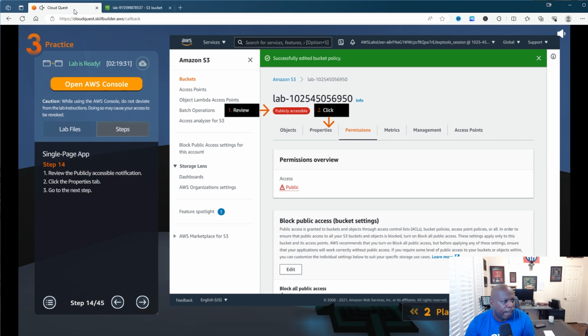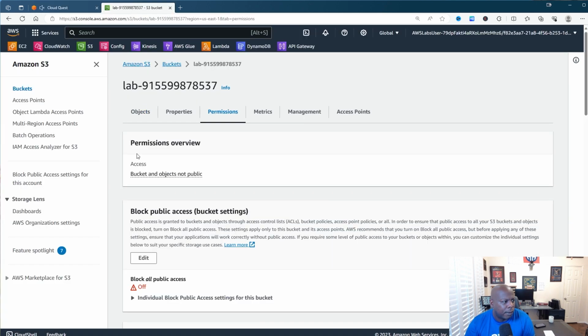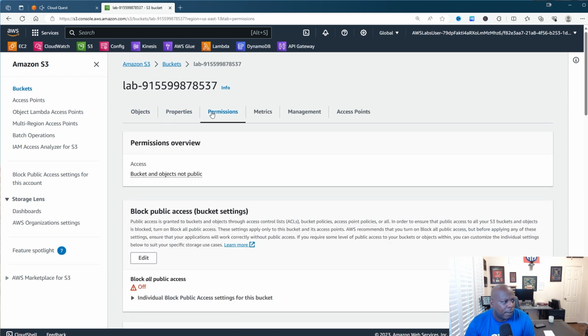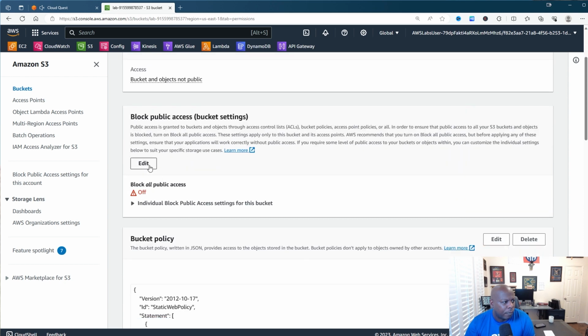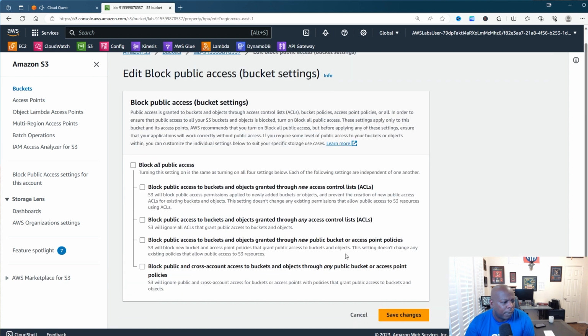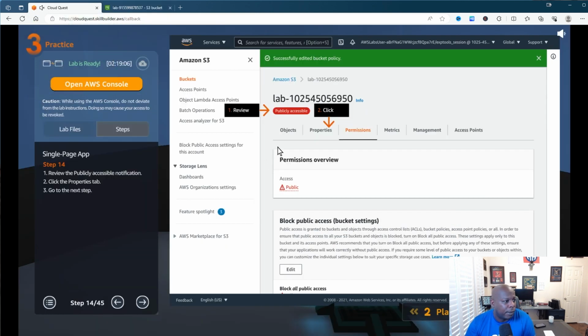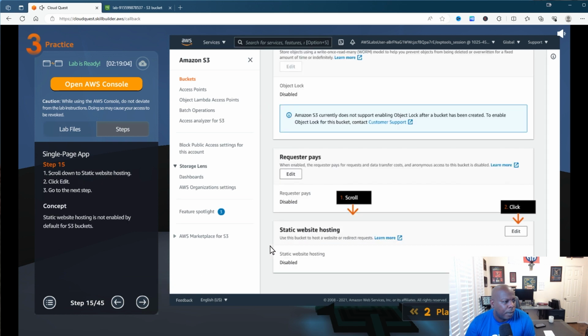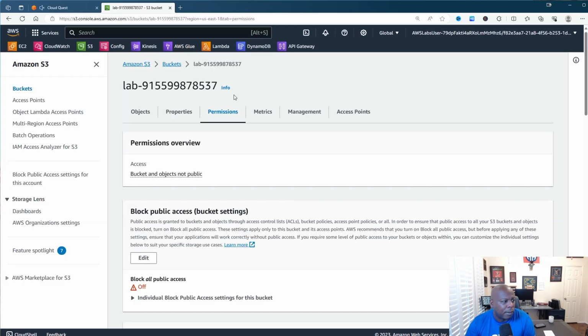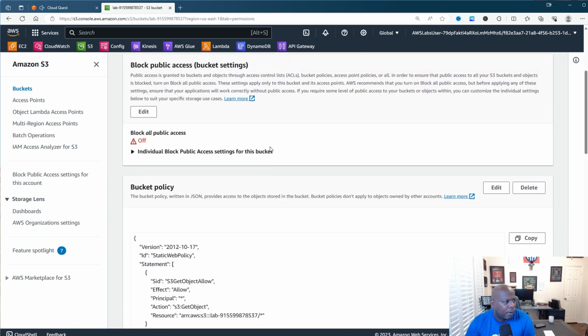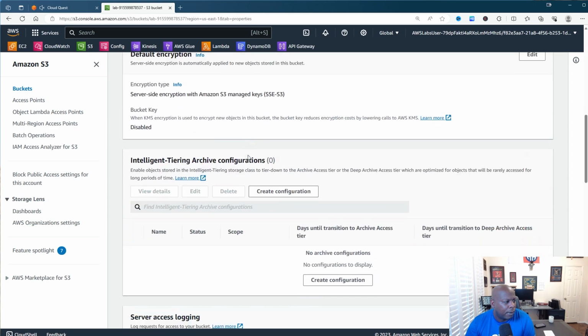On the permissions. So we'll see how that's going to affect us when we go back to properties. But ours does not. Let me see something real quick. Okay, everything is good, so we can cancel that. All right, we'll see how that plays out later on in the video. We clicked on properties. Go to static website hosting. I know this is a thing. So when we go down to static website hosting, under properties,